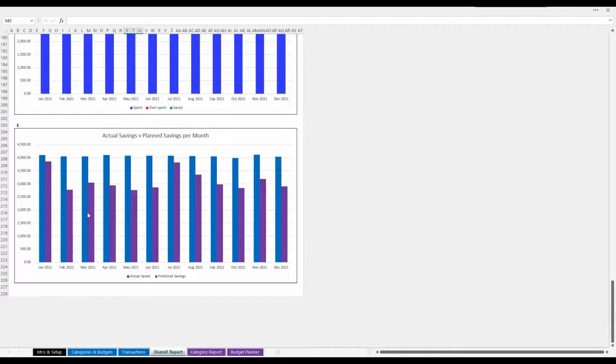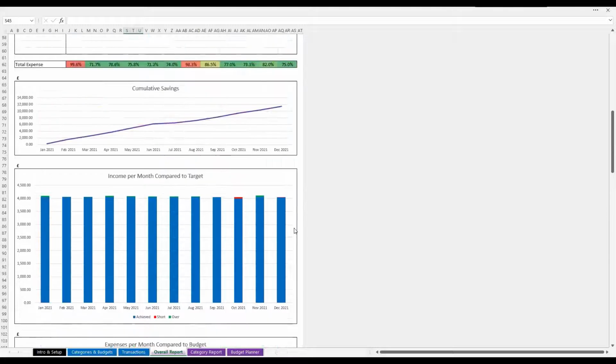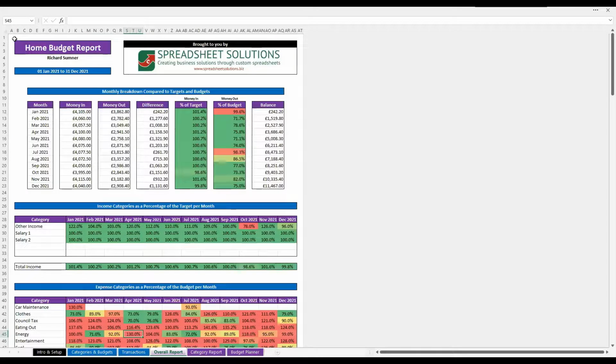And then this last one is your actual saving versus planned savings. So there you can see what you actually save, i.e. the difference between income and expense, and what you plan to do each month. So this report is quite comprehensive. It gives you all sorts of graphs and things, and it's all based on the data that you enter. And as I said,